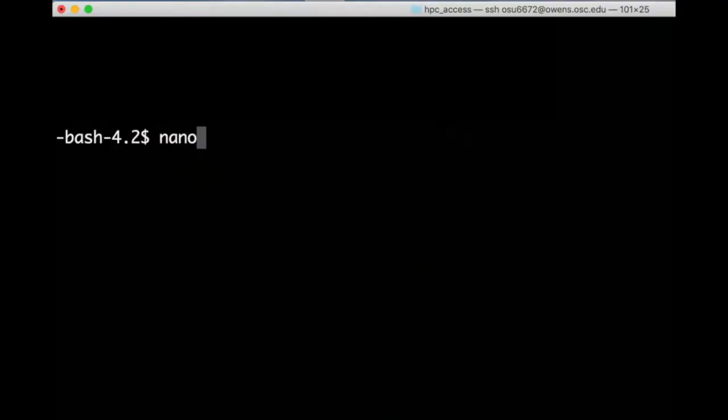It's possible to define and submit jobs directly on the command line, but it's much more common to use a job script. And that's what we'll do here. I'll use the Nano text editor to create a script with the code I want to run. If you aren't familiar with Nano, you can check out the video Creating and Editing Text Files at Command Line. Alternatively, you could create this file in any plain text editor on your local computer and then move it to the supercomputer with something like SFTP, which we'll talk about in another video.